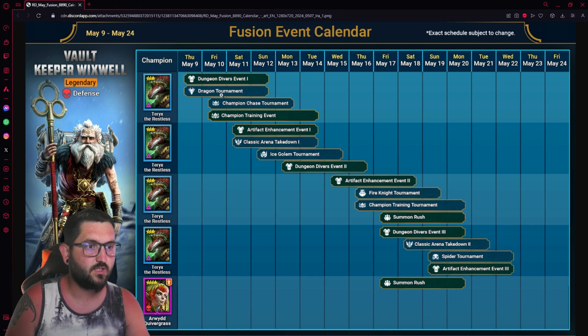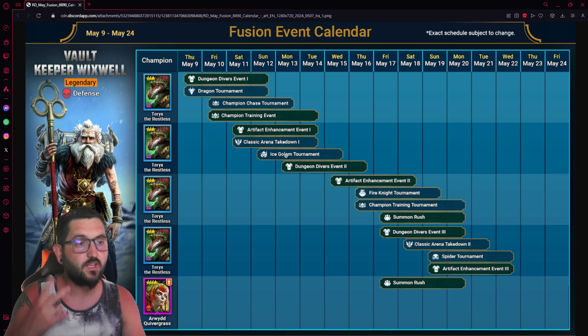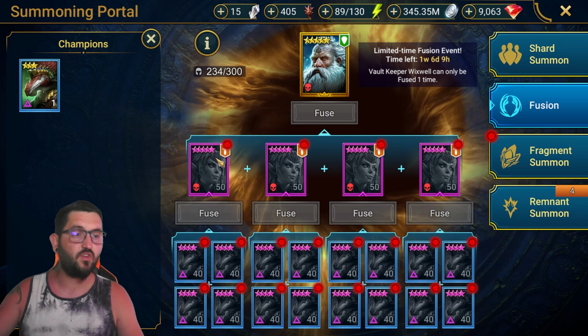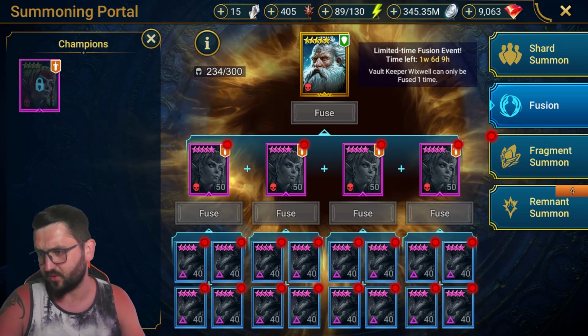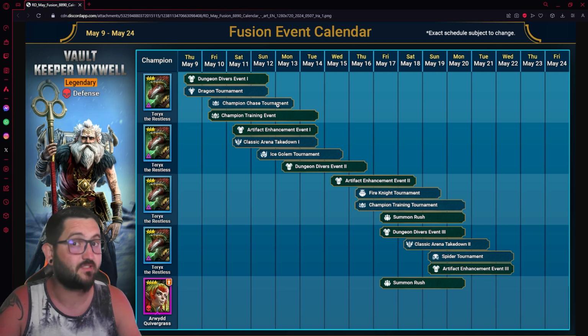So we have 1, 2, 3, and let's say you grab this one over here, 4, or maybe you do the artifact enhancement in Classic Arena, you might have 4 of them, okay? Keep in mind, you can fuse one of the epics today, because if you fuse 4 of those ones, this is free 250 points for the Champion Chase, okay? So even if you did not already grab the Champion Chase rare,